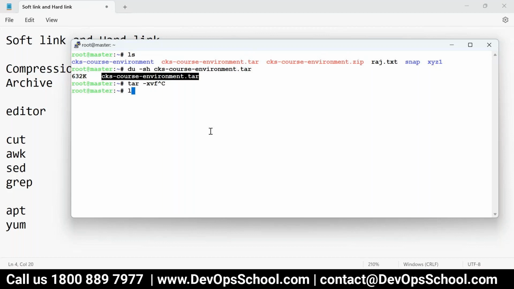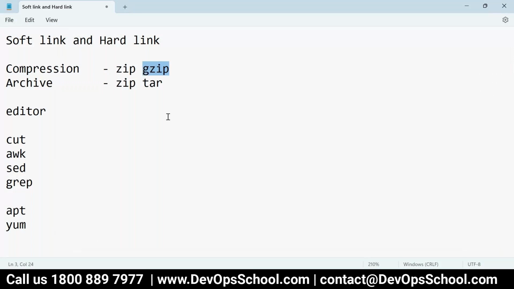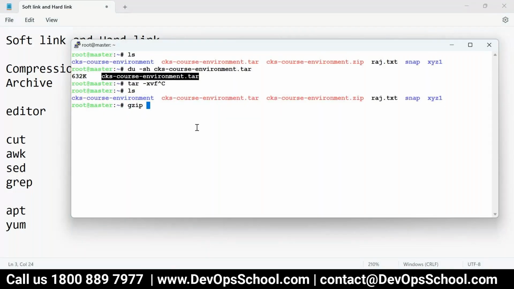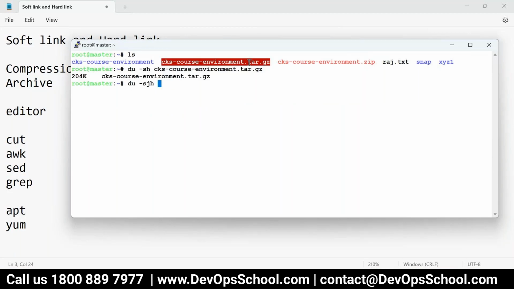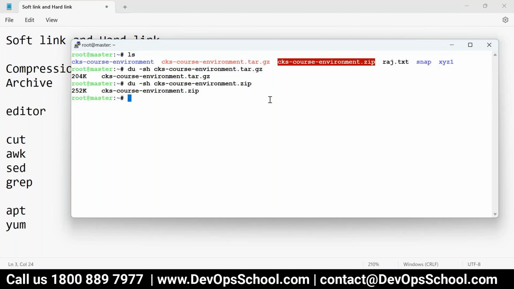But this tarball you can compress using gzip. So gzip the tar, and you see that I did this, and now look at the size. This is the one. So du -sh and du -sh of the zip. So you tell me which is good. Which is good? Yeah, Rajesh. Zip is good, but generally, whenever we work on this terminal, most of the people are using tar and xvf command. No, no. Why? How come zip is good? You see the output and tell me.